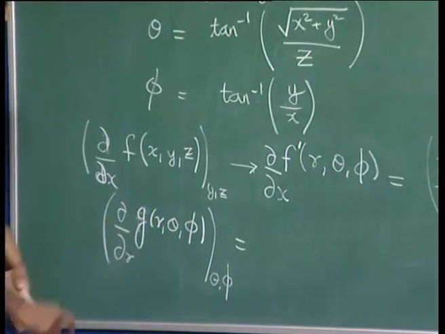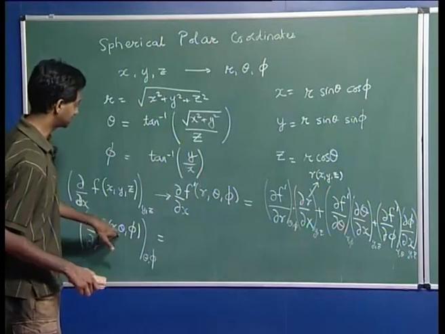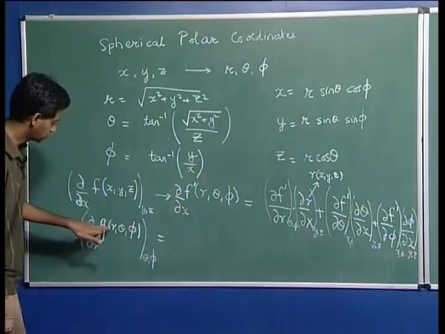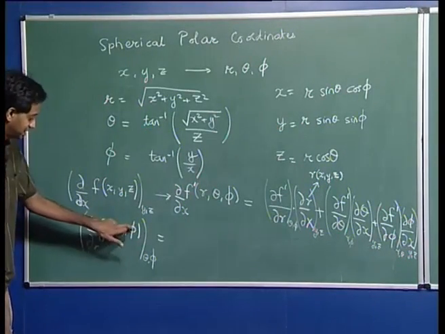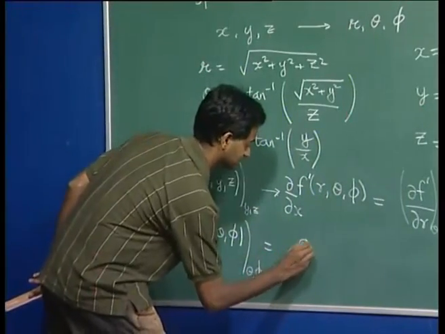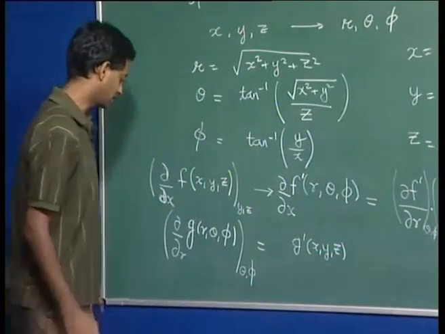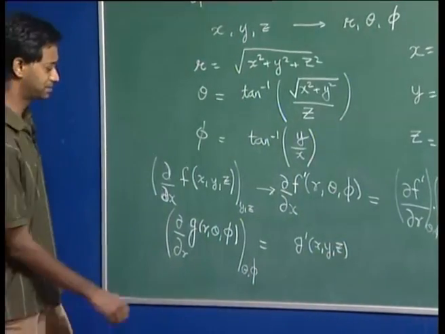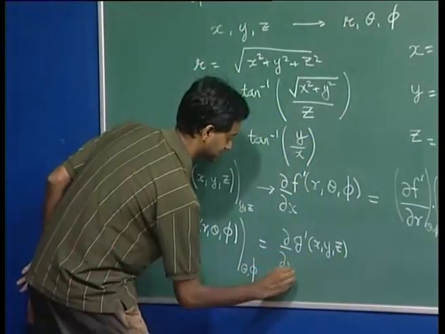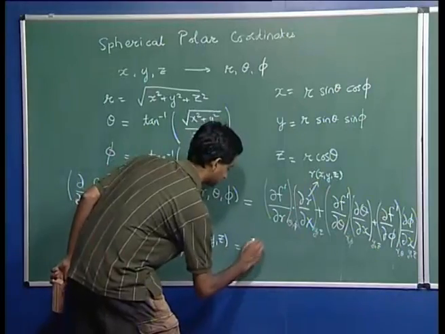So, what you do is wherever you have r, you use this relation, wherever you have theta, you use this relation, wherever you have phi, you use this relation. So, you go from a function of r, theta, phi to another function of x, y, z. So, we will call this g prime of x, y, z, and now your derivative with respect to r can be expanded in a chain rule just like this. So, what you had is the derivative with respect to r, keeping theta and phi fixed. So, you can write this as